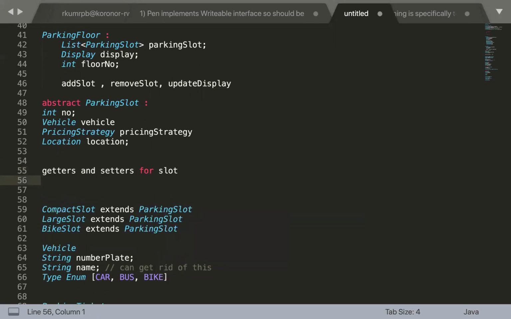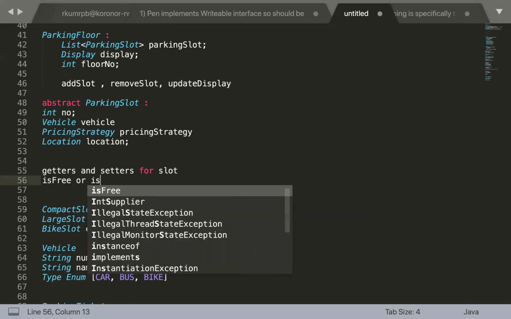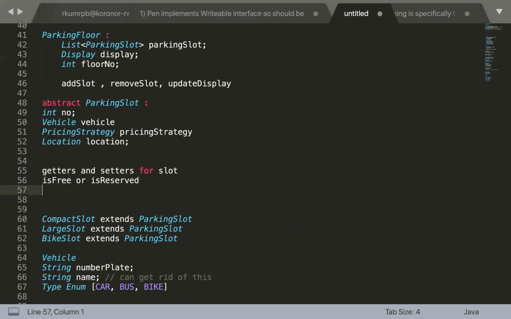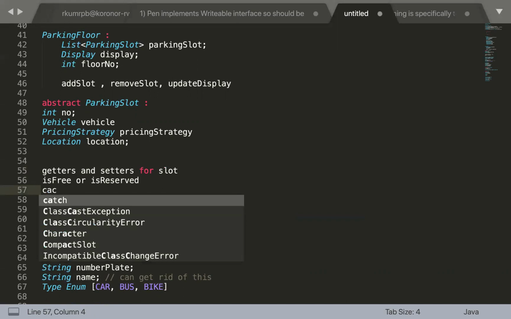Okay, and then probably you can have a method called is free, right? Is free or is reserved, whatever your use case is. And then you can have probably calculate.